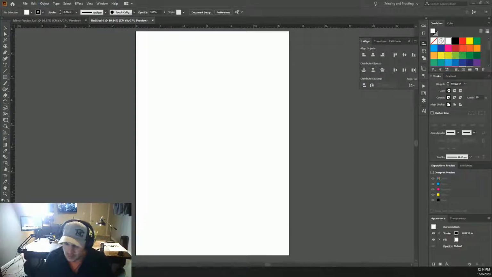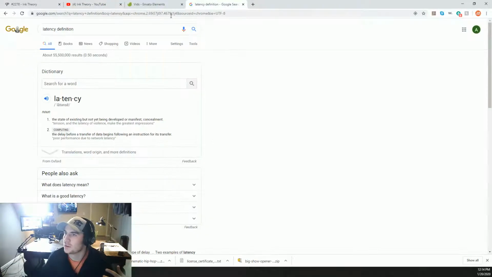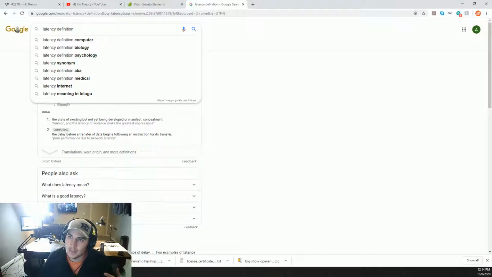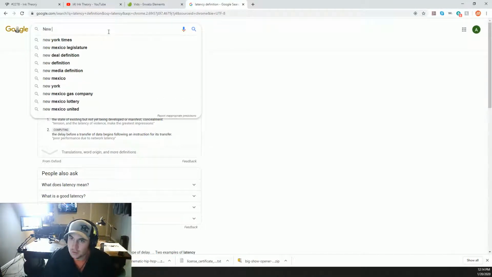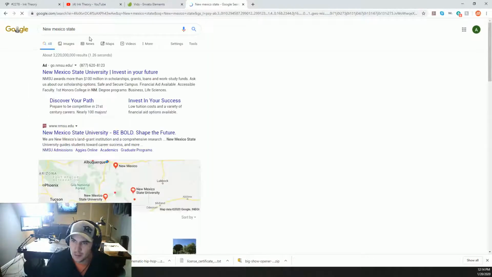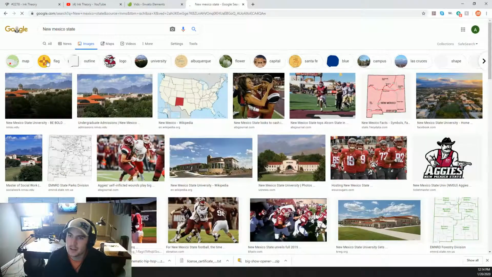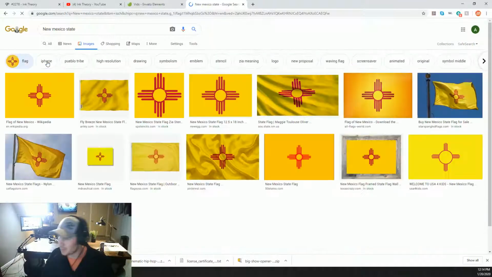So I think what I'll do is I'll take a photo off of Google or something. Let's say you want to do some sort of shirts for a family reunion or something, and you want the state in it. So let's just do, for example, we're in New Mexico, so we'll do New Mexico. This is probably a little bit of copyright, but for this purpose, I'm just showing you how to do it. We're not actually making this. Let's say somebody wants the New Mexico flag on